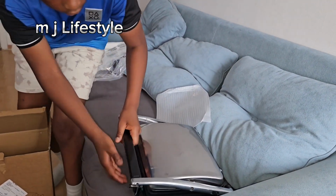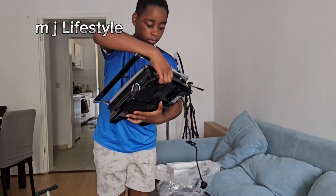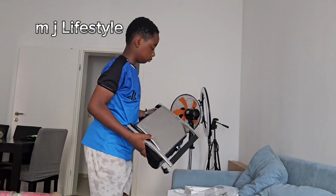My son can't wait to test this bread toaster. He can't wait to, because they have missed toasting bread a lot. He is so happy. So that's why I just, okay, as we are a large family, let me order big